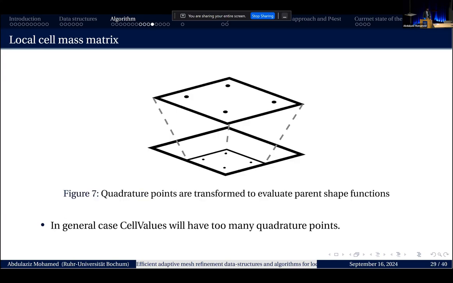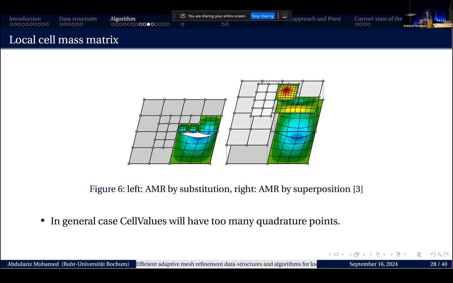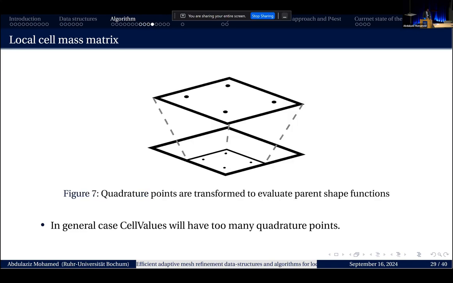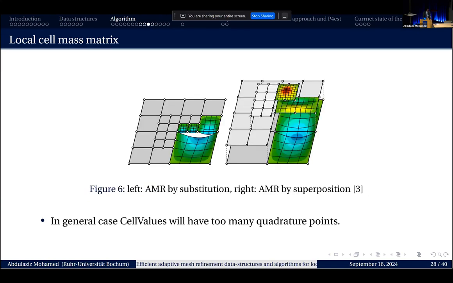Why? This is the demonstration of how we share the degrees of freedom between the parent and the child. We don't do that in the DG case. But this is an illustration of why we don't use cell values. Because if we're using the general case, which is what we actually aim to implement in the future, because now we only work with DG, if we want to work with continuous fields and continuous interpolations and want to enforce continuity, in this case we will evaluate the integration of